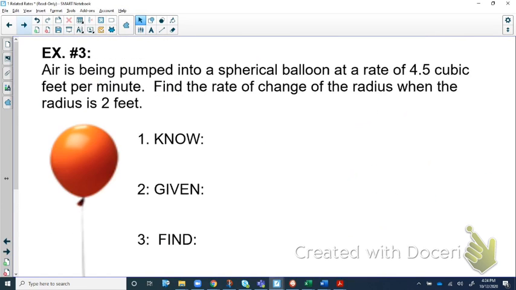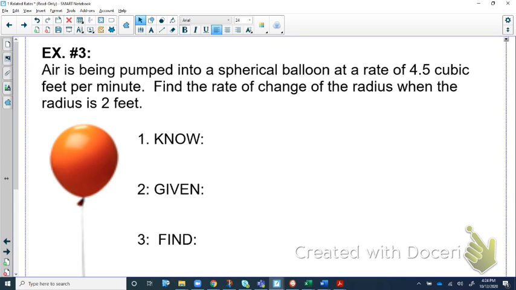Now moving on to the next one. The example here has a little bit of a typo compared to what you have in your notes and what is here. For instance, here it's telling you air is being pumped into a spherical balloon at a rate of 4.5 cubic feet per minute. Well, in your notes, if you're actually using the handouts that I'm providing in class, here the rate is in,